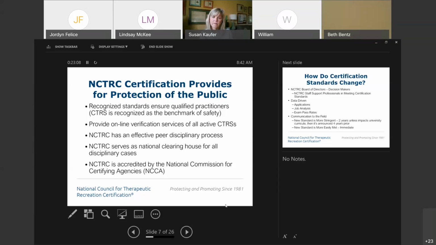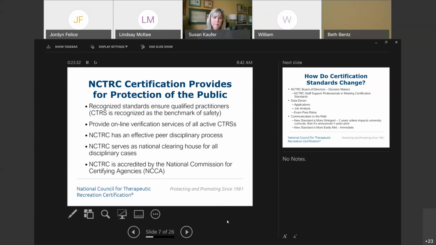So this, again, really assists NCTRC to review any disciplinary matter that may occur, whether it's a misrepresentation of a credential or might be some matter that we need to review, that a CTRS might be causing harm potentially onto a consumer or a patient.